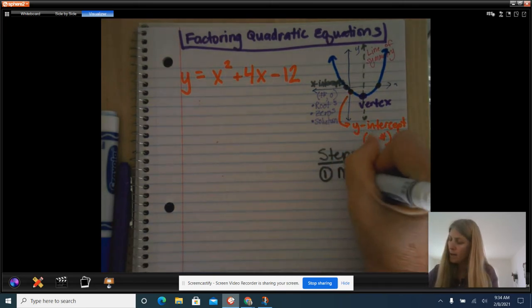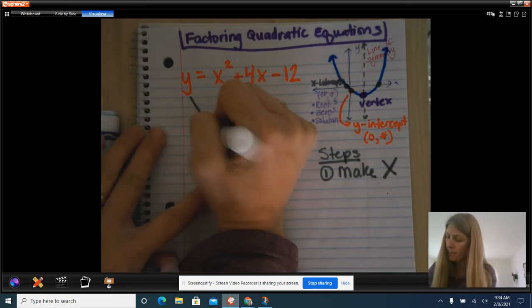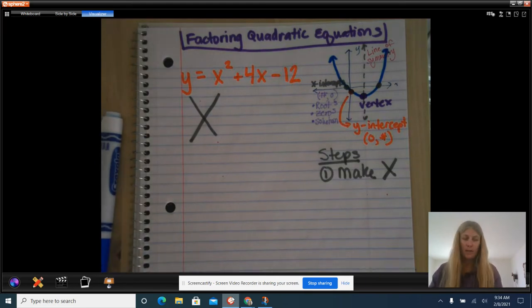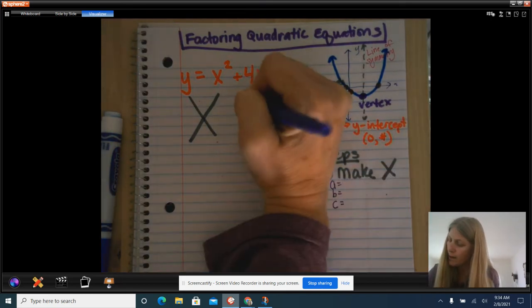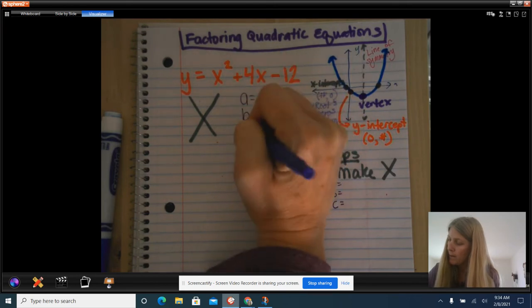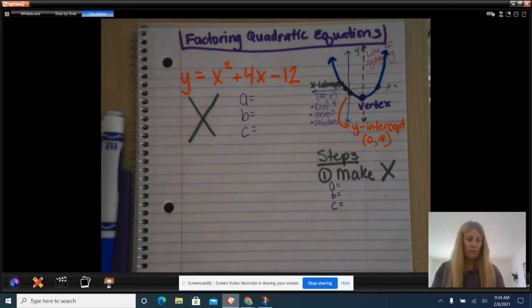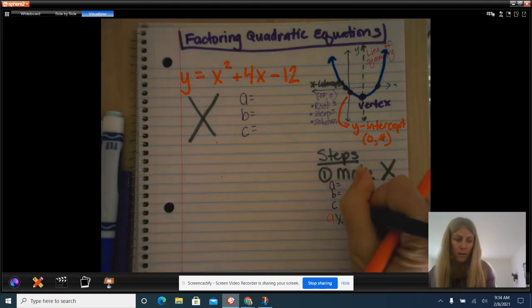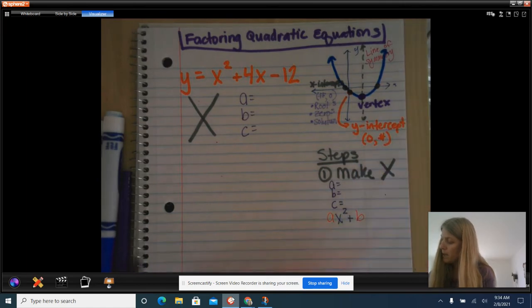You are going to make an x. Easy enough, right? And this, of course, is our diamond problem. And we are going to go ahead and do A equals, B equals, and C equals. So we're going to write that right next to it. And the format is ax squared plus bx